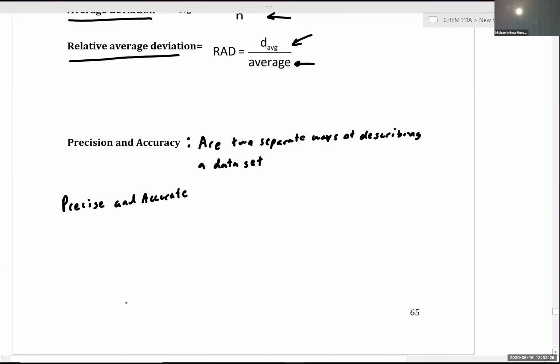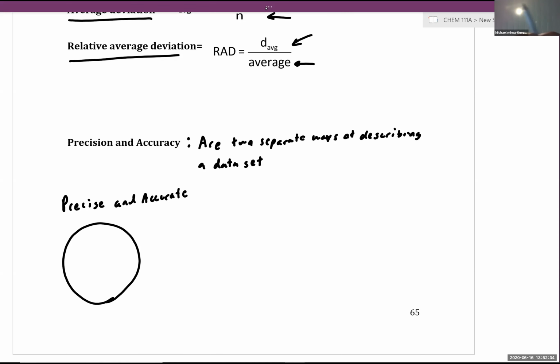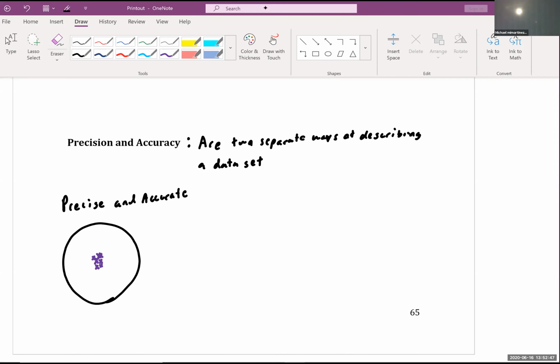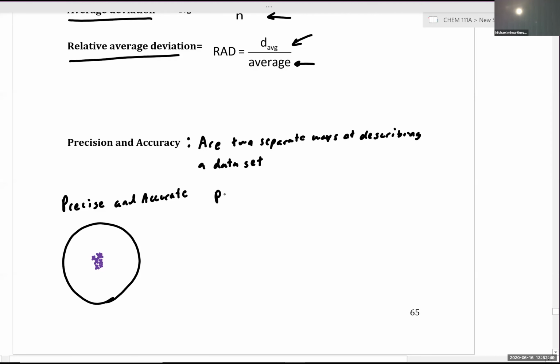And if we had to represent that with a target, for a precise and accurate data set, all of our data points would be closely clustered on one location, and they'd be almost exactly matching the true value. Our data set can be precise, but not accurate,